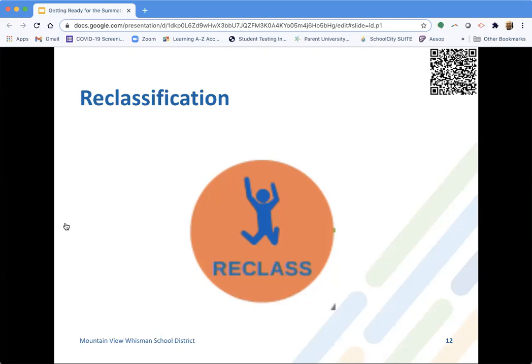So we do have a lot of children that reclassify in grades 1, 2, and let's say they come in kindergarten and they're considered English learners. There are kids that reclassify by the time they're in 1st grade, some in 2nd grade, some in 3rd grade, 4th grade. Our hope and expectation is that 75% of all of our English learners are reclassified as fluent English proficient by the time they're in 5th grade. And then 85% by the time they leave us in 8th grade and go up to the high school. Ideally, it would be 100%, but realistically I think this is a great target to aim for,